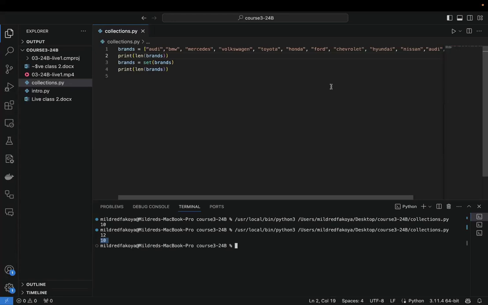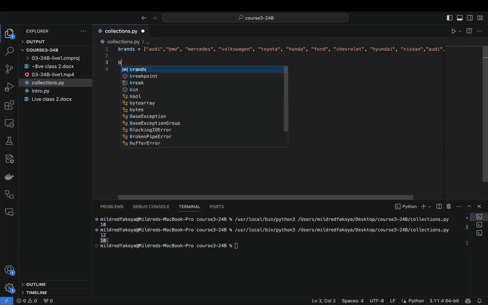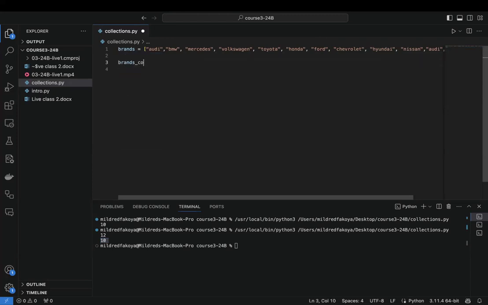Let's say we want to count the number of times that each item appears in the list, and we don't want to use the collection module. We just want to do this, maybe create a function or do this without a function. At this point, we want to maybe create an empty set and then count the number of times it exists. Let's try to do that. So we have brands. Let's say we have something called brands count, for instance, and this will be equal to, now Counter is a collection module that would have just done this in a short way, but we're not going to look at that. So we create an empty